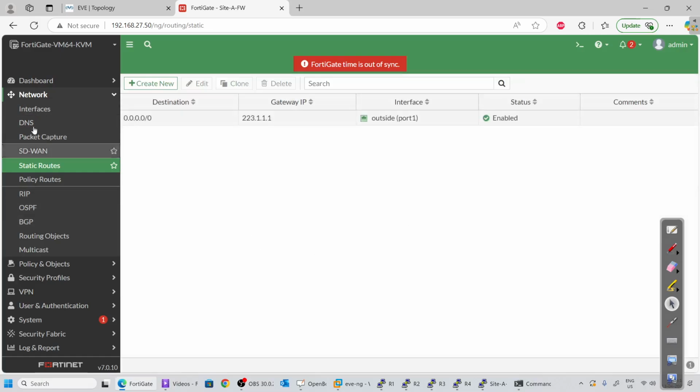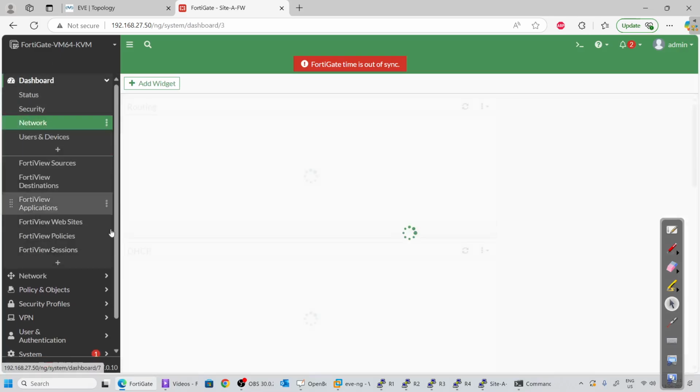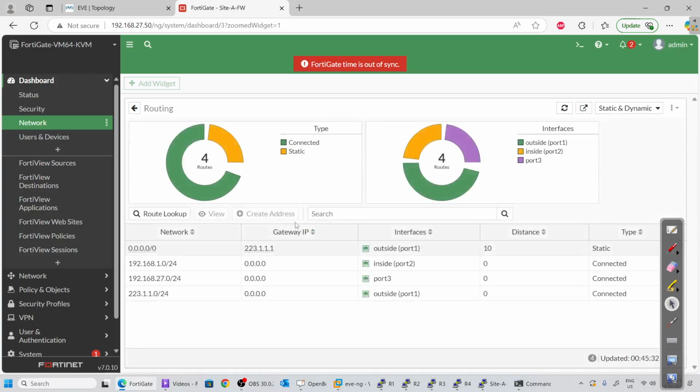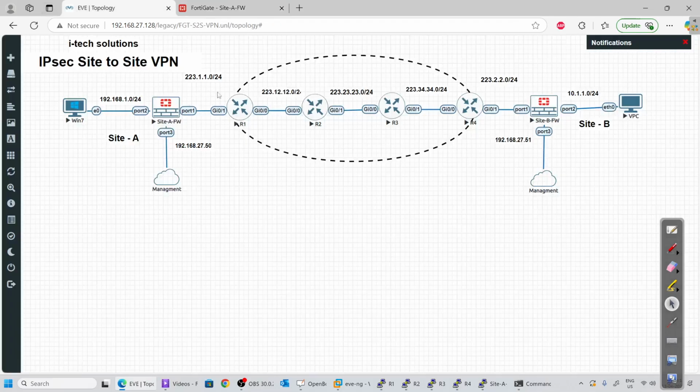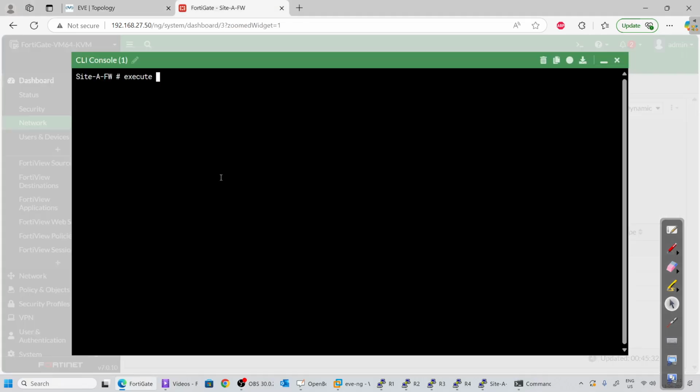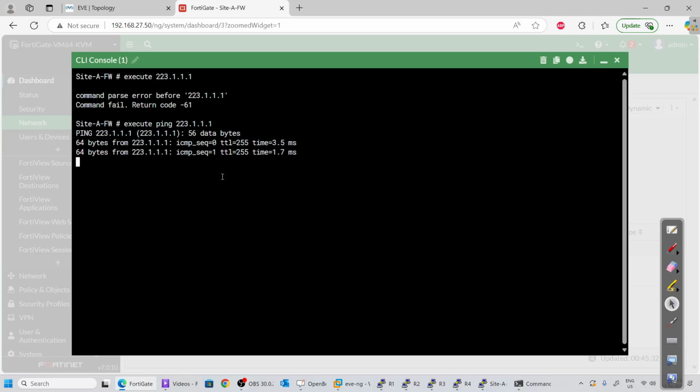Click OK. Now under Dashboard, under Network, under Routing, we have three directly connected networks, as you can see here, and one static route that points to the internet. So let's verify our internet connectivity. Execute ping. Let's see if we can ping our gateway 223.1.1.1. Sorry, my bad, it is execute ping, and yes,